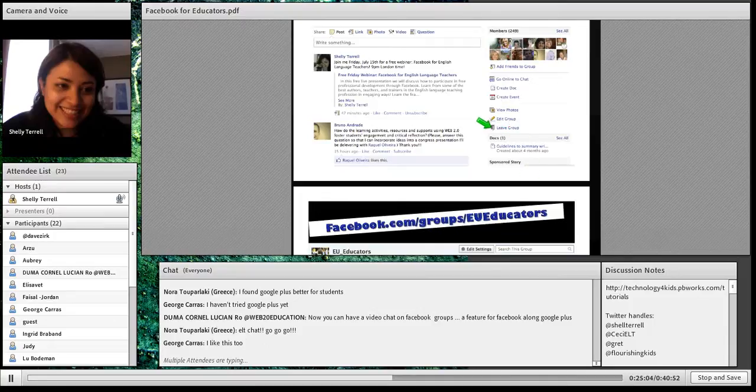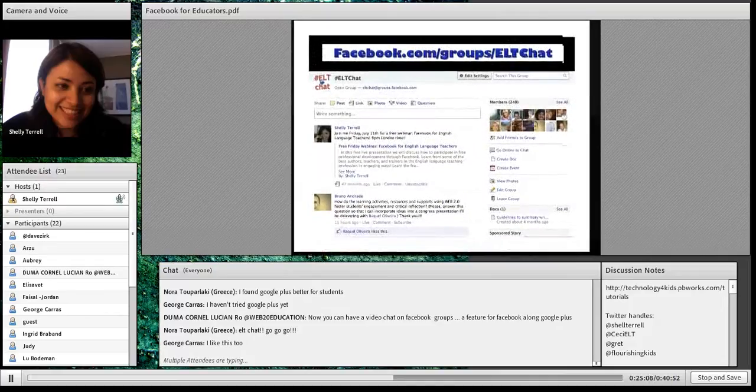Now, it's really important to see where it says leave the group. The reason why is because people can add you to the group. They don't even have to ask your permission. So that's one of the things that people got really upset about at the beginning of the groups, is that anybody could kind of just add you to it.